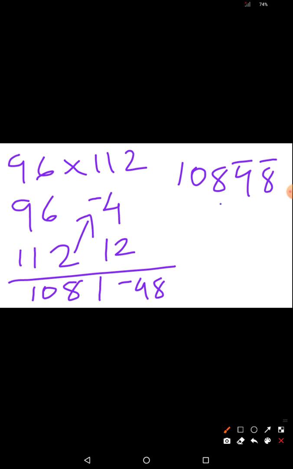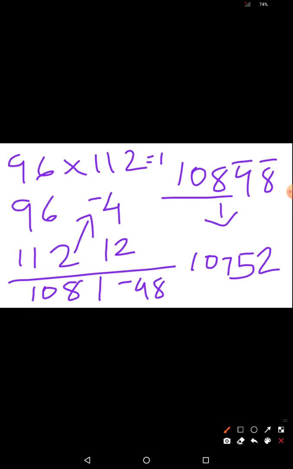Okay, so now this we have to convert. So what is the rule? Our rule is subtract the last digit with the bar from 10. So 8 you have to subtract from 10. You will get 2. Now 4 is also with the bar, so that also you have to remove. The last digit only you subtract from 10. The remaining ones with the bar you have to subtract from 9. So 9 minus 4 we will get 5. Then this 108, that is 108 minus 1. What is 108 minus 1? It is 107. So our answer for 96 into 112 is